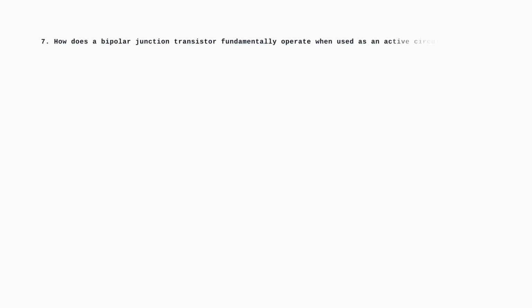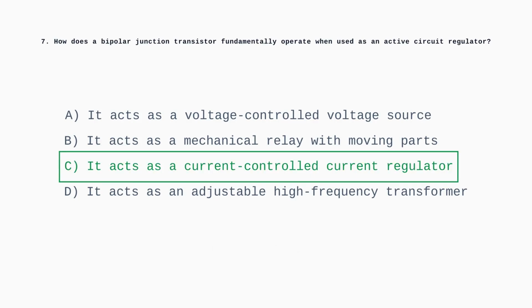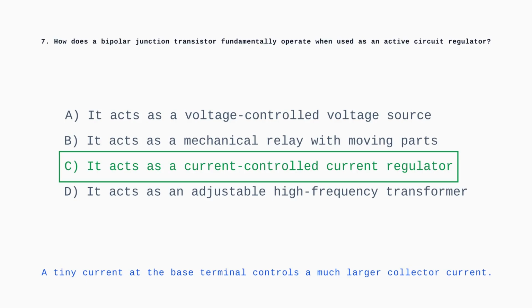Question 7. How does a bipolar junction transistor fundamentally operate when used as an active circuit regulator? BJTs operate as current-controlled devices. Injecting a small current into the base terminal allows it to seamlessly govern a much larger current running between the